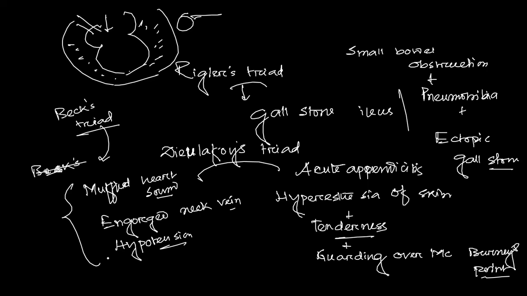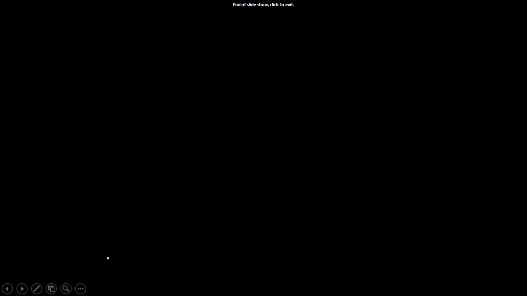These three consist Beck's triad. If a patient of a road traffic accident or any kind of chest injury has these three signs, then you can easily diagnose the condition as cardiac tamponade. Important. There are so many triads, like Cartagena syndrome triad we have already discussed. Another important triad is